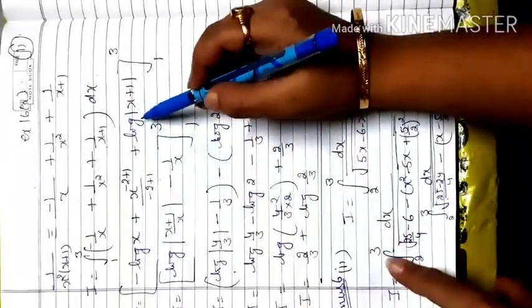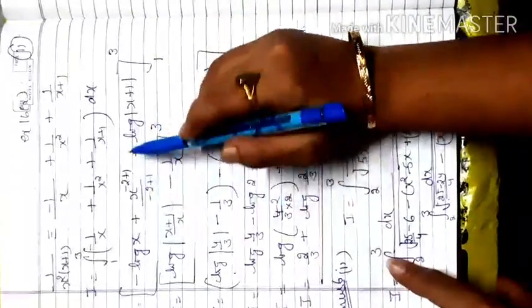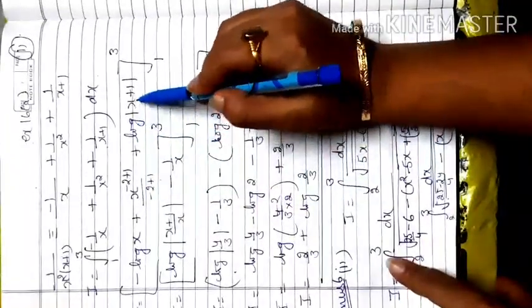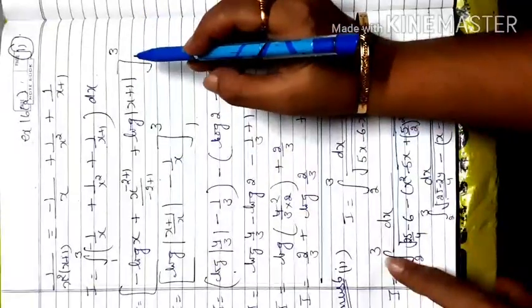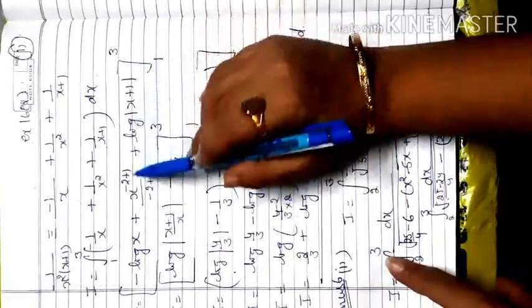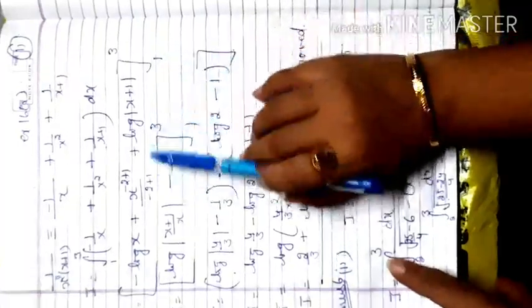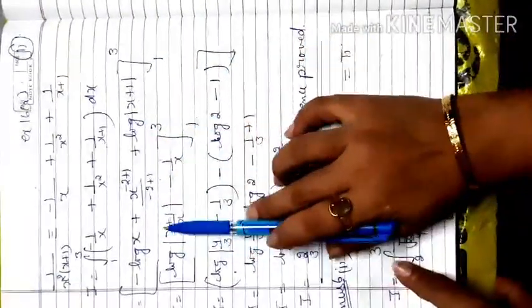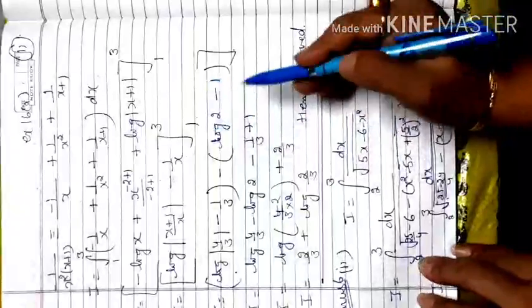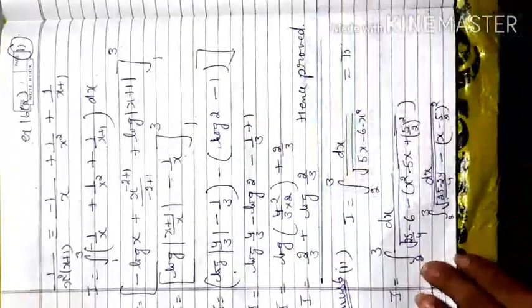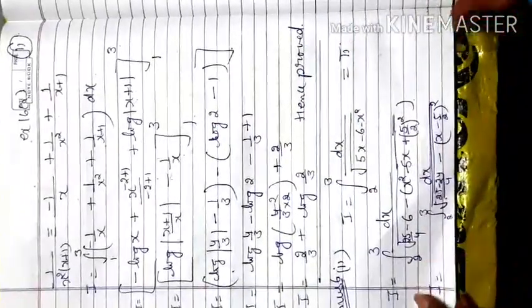Then here, when you apply the integration, that is log x plus 1. So here, when you get this one, this is x raised to power minus 1, and this becomes minus 1 by x. Then log m minus log n is log m upon n. Then after applying the limit, you will get 2 by 3 plus log 2 by 3.